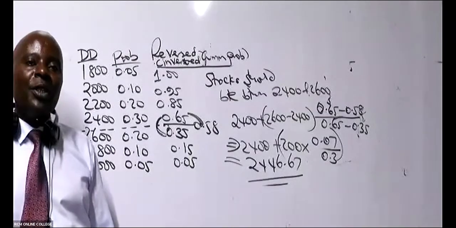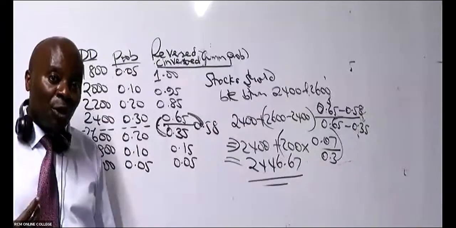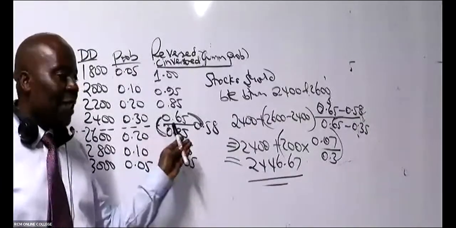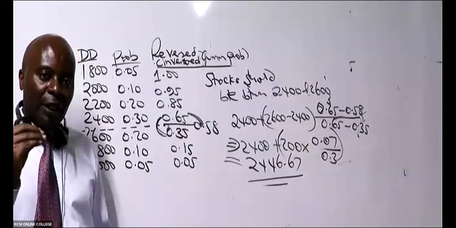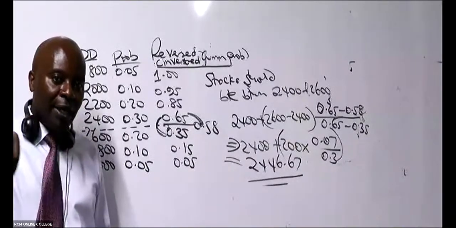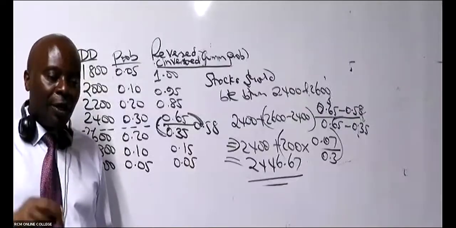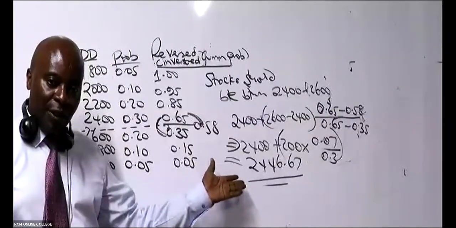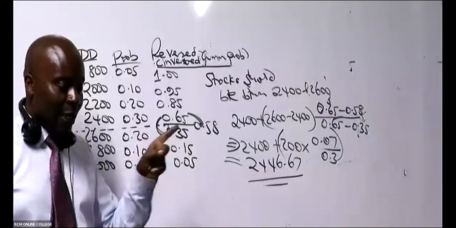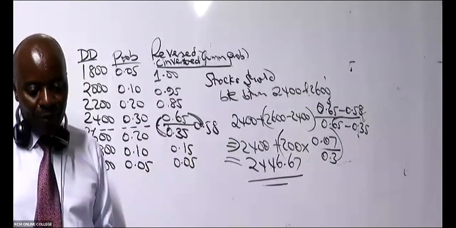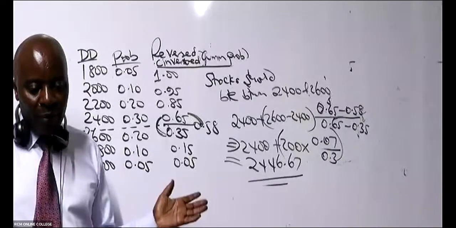Also, whenever they use this terminology of continuous probability distribution, you can opt to convert this distribution into a normal distribution. Give us the standard deviation and the mean, and then I use that normal curve. You'll get an answer that is closer to this. But whenever they ask about continuous, this is the approach they want you to use. You get all the marks.